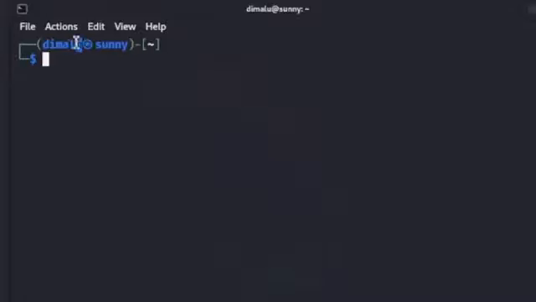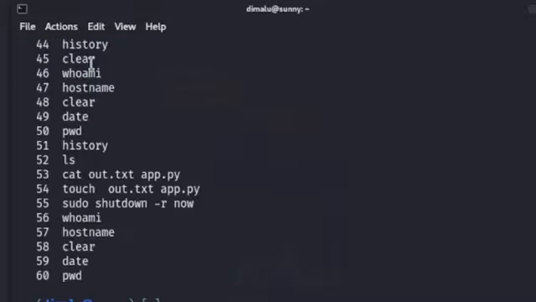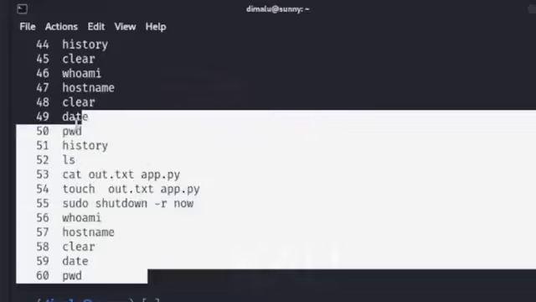The currently logged in user, which is Dimalu, is also a regular user. Now, before wrapping up this video, let me execute the history command. The history command displays all the commands that you have executed previously. Press enter. As you can see, this is the list of commands that have been executed on this freshly installed